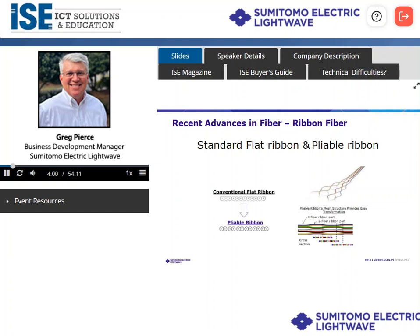And what has happened in recent years is we've had the advent of pliable ribbon, or the development of pliable ribbon. And with pliable ribbon, there are different styles of it depending on the manufacturer, but it all boils down to having some separations between the fibers within the ribbon itself. So rather than a conventional flat ribbon where all the fibers are held by a substrate in one flat plane, in the pliable ribbon they are essentially interspersed almost with spacing. So what that allows you to do is it provides a design where the fibers are not all connected together,